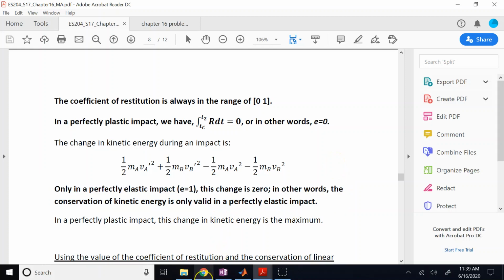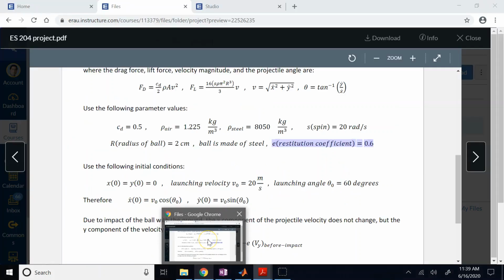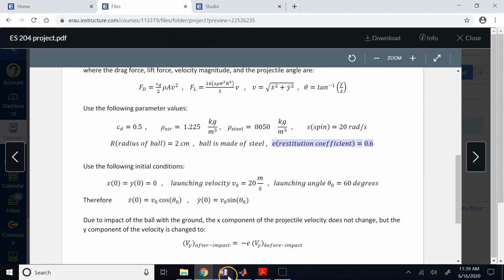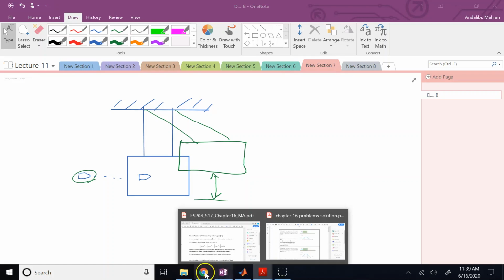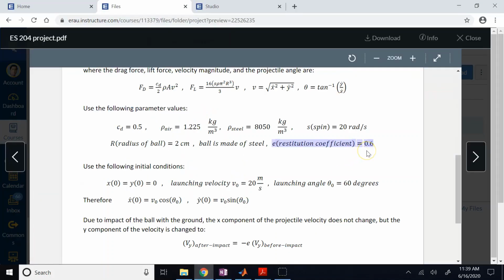Most of the time in real life, it's none of those, unless, again, it is a special problem like this pendulum that I mentioned. Most of the time, it's somewhere between 0 and 1, like your project says 0.6. Typically, the harder the objects are, and the smaller the velocities of impacts before impacts are, the closer E is